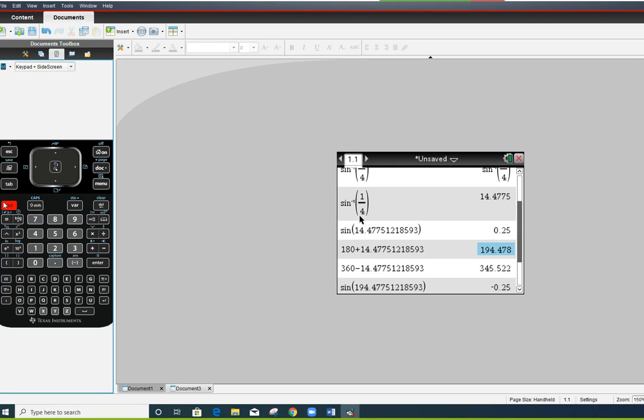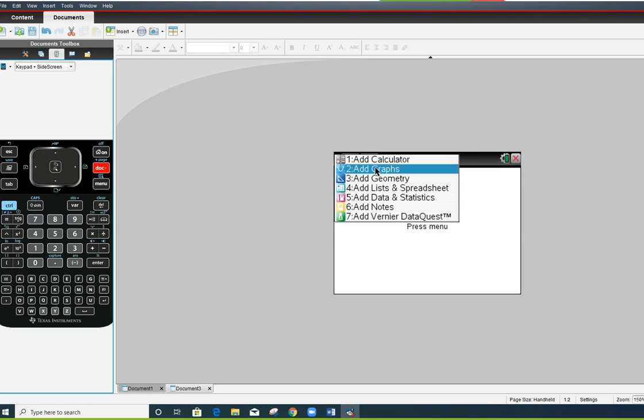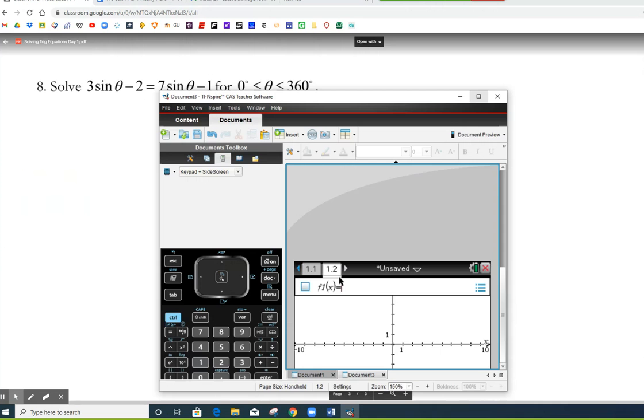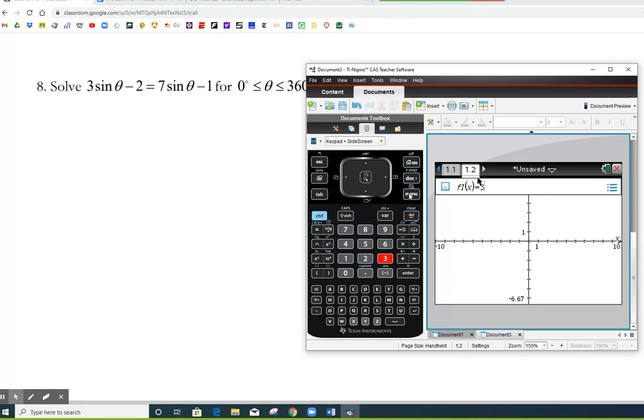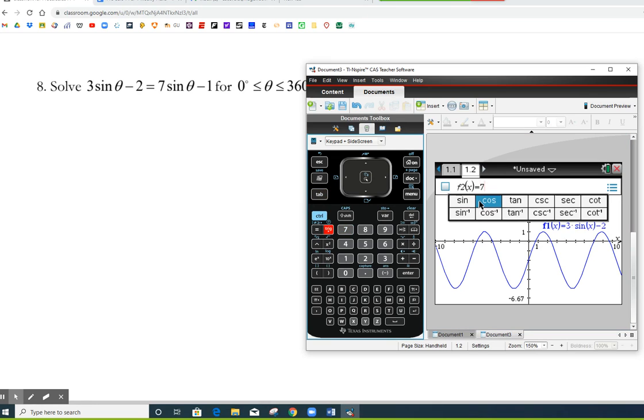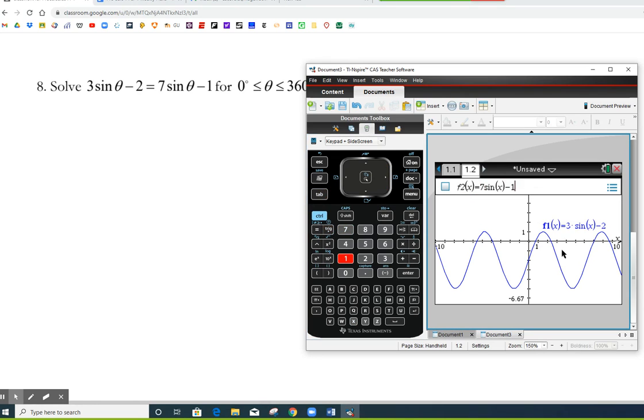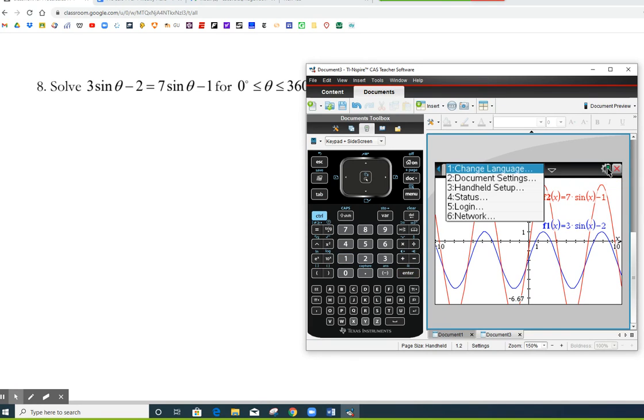Now, when you do the homework, which you're going to start right now, I want you to check your work by graphing. I don't want you to do it this way. I want you to check your work this way, but you could solve any equation by graphing both sides. So if I graph the left side here, 3 times the sine of, I'm going to use x, not theta, minus 2, and then I'm also going to graph 7 times the sine of x minus 1. And I'm going to make sure that I'm in degrees, so I'm in radians. So I got